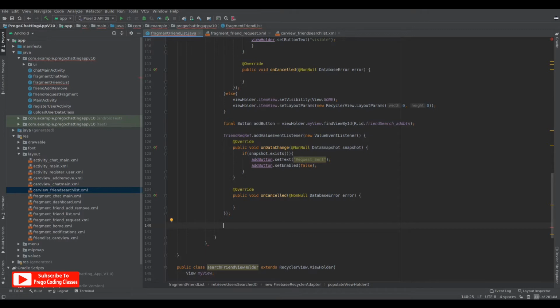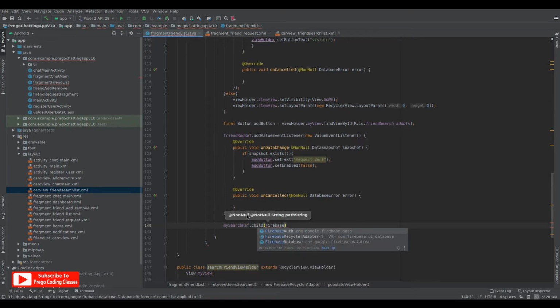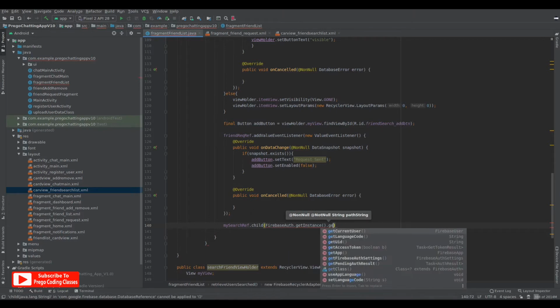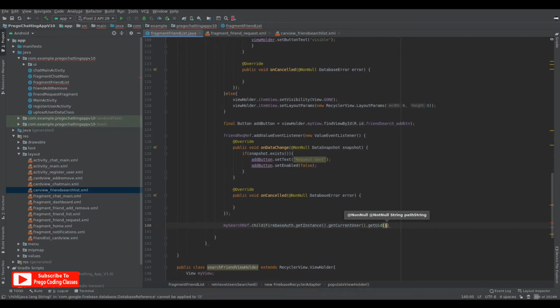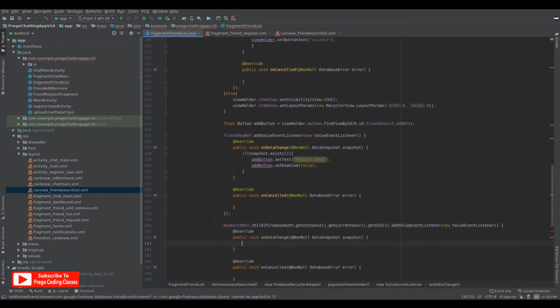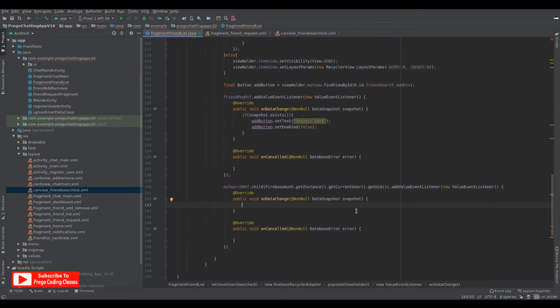The next part would be my search ref dot child, that would be my UID. So Firebase auth dot get instance dot get current user dot get UID, and then add value event listener, new value event listener. On data change, we need to utilize this snapshot.